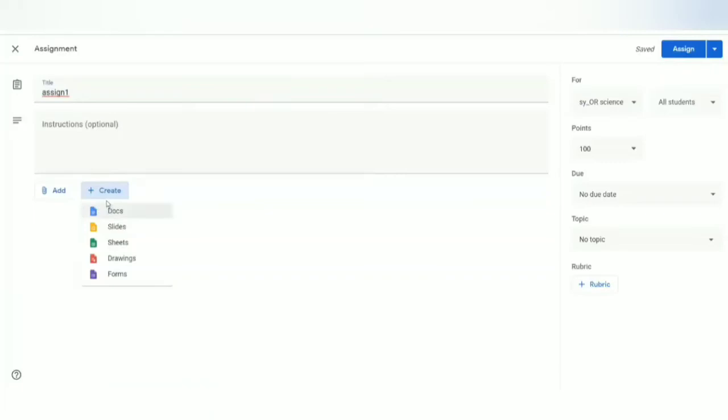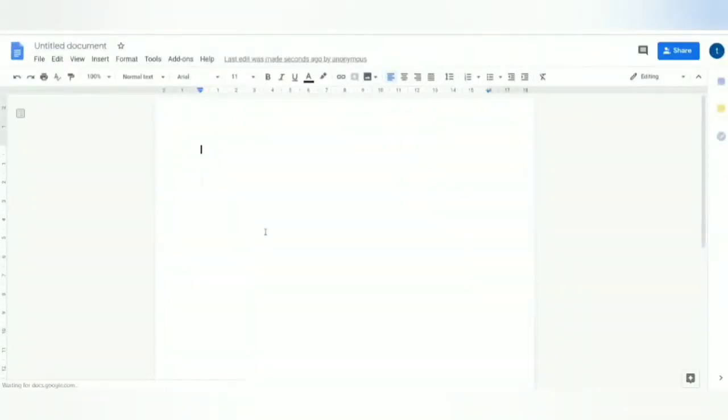Let us see how it works. When you click on this create option, it gives you 5 options, and there is the docs option, that is document. So you can just type your assignment over here directly. This works like Word, and you can just share this with your students. This is one of the ways.